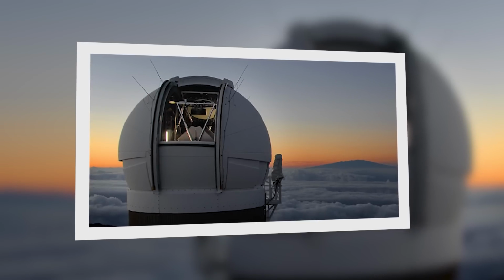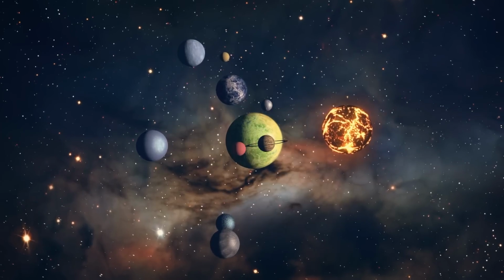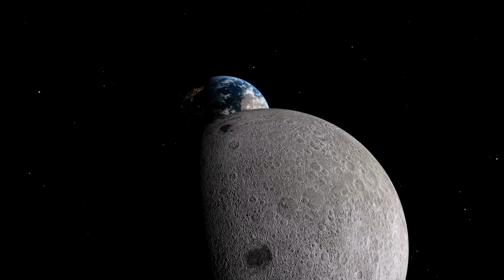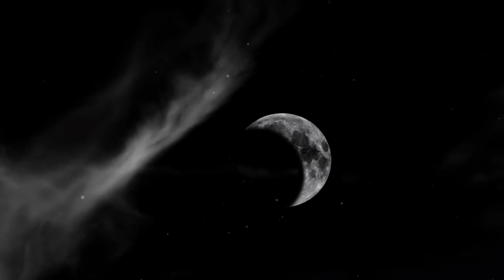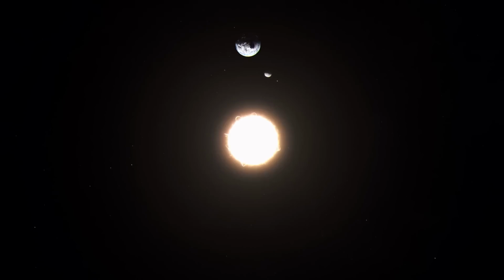Kamaʻaolewa was discovered in 2016 by the Pan-STARRS 1 telescope in Hawaii. Its name, which means the oscillating celestial fragment in Hawaiian, reflects its peculiar orbital behavior. The object follows a complex path that appears to oscillate around Earth, but it is not gravitationally captured. Instead, its quasi-satellite status arises from a resonance with Earth, causing it to follow a similar trajectory as the planet